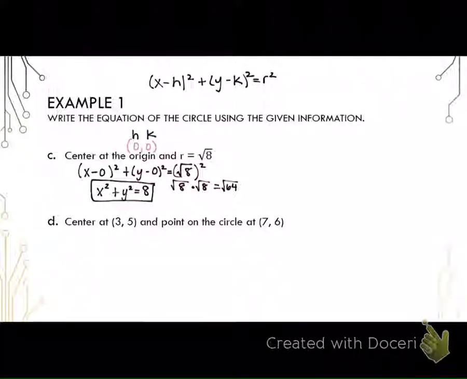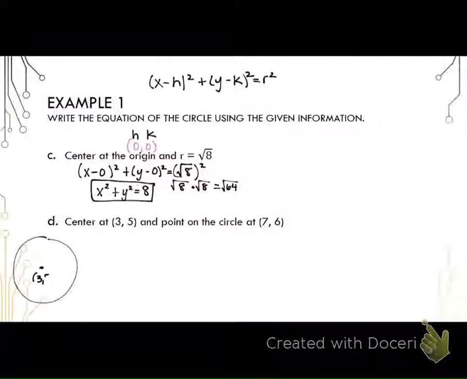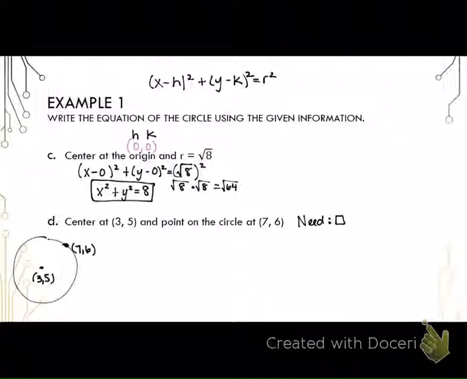Bless you. So we have a center at 3, 5. So the center of the circle we're given is at 3, 5. And we have another point somewhere on the circle at 7, 6. Remember what we need. We need 2 things. What do we need? The center. Do we have that already, though? We also need,